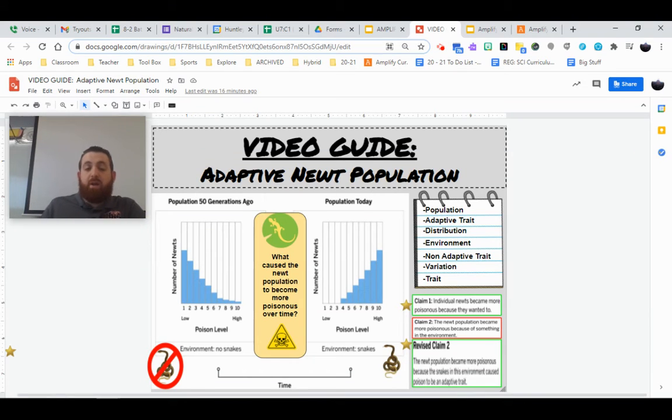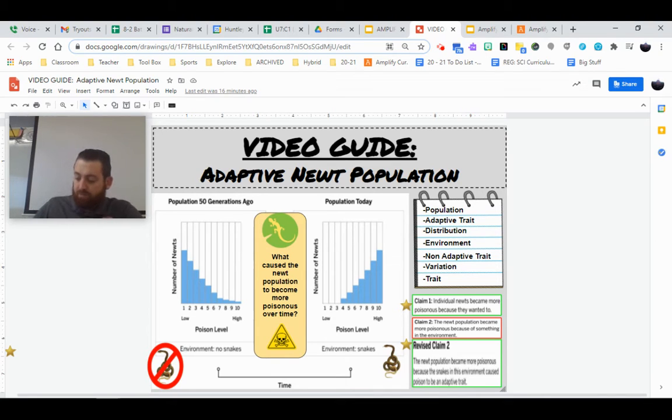Hey everybody, Mr. Regan here, and the next part of our lesson is going to focus on taking everything we've done when it comes to practicing histograms, our vocabulary, and our understanding of these cause and effect relationships between our environment and the adaptive traits in a population. And we're going to be applying it now to our newt population and that phenomenon that we have about their